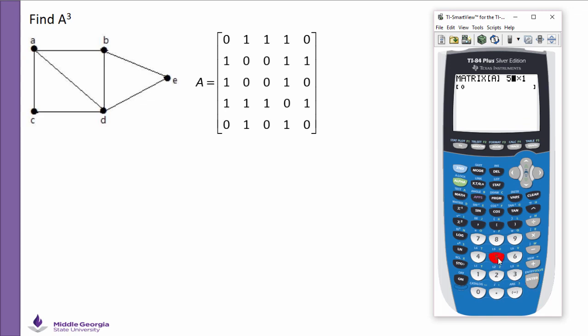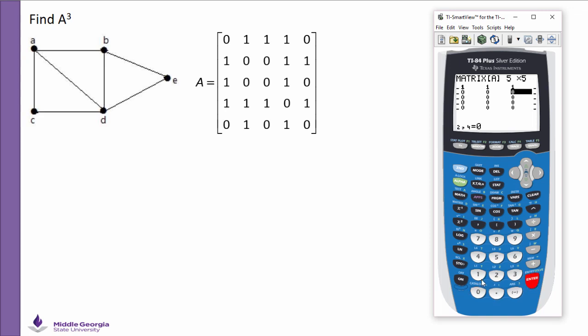Our matrix is a 5 by 5. Notice I have to press enter as I enter numbers. Now entering the first row going across, 0, 1, 1. Each time I have to press enter, 1, 0. That's row 1. Now you see the blackened area has moved down to row 2, so I enter 1, 0,